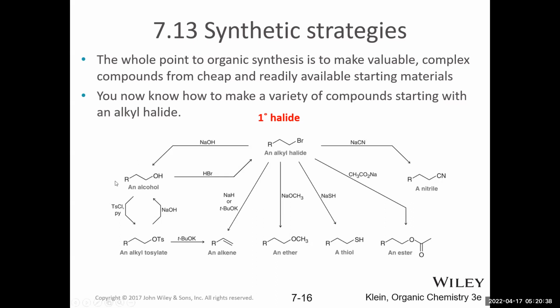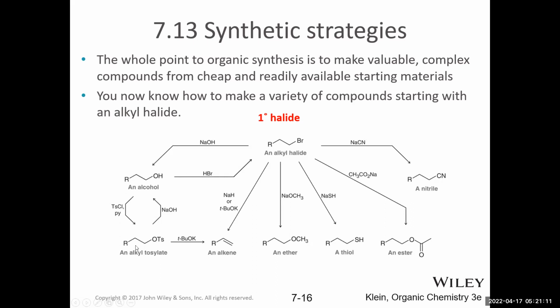We know also in this chapter, we learned how to convert alcohols into alkyl halides. The alcohol OH group is a bad leaving group, so we have to treat with an acid to do an initial proton transfer to make a good leaving group, and then the bromide can come in and do an SN2 reaction to give us our alkyl halide. So interestingly, we've learned a way to convert a primary alkyl halide into a primary alcohol and a primary alcohol back into a primary alkyl halide.